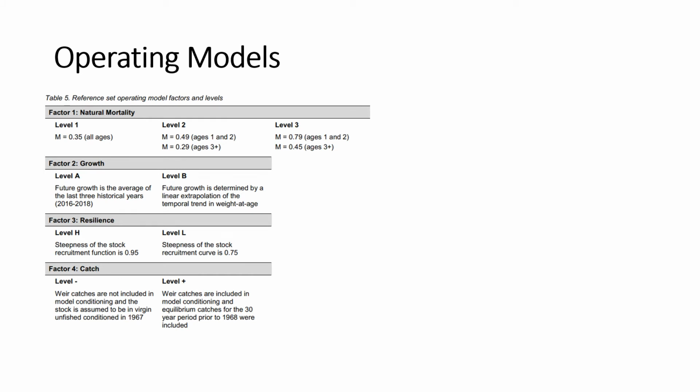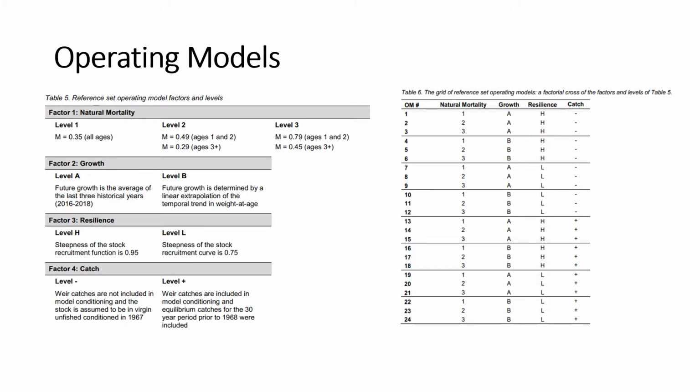No single OM is a definitive representation of the real fishery system. Rather, a range of operating models are established with the aim of encompassing a plausible set of fishery scenarios. These OMs are referred to as reference OMs. Four principal axes of uncertainty are considered in the reference OMs. There are 3 alternative hypotheses for the natural mortality rate, 2 assumptions for patterns in growth in the future years, 2 assumed levels of stock resilience in terms of the stock-recruit relationship, and 2 scenarios for the catch data used to condition the OMs. A full factorial analysis of the levels in these factors results in 24 reference set OMs